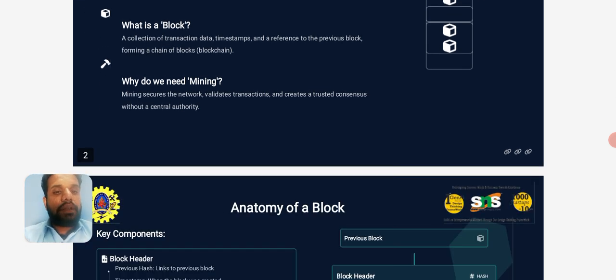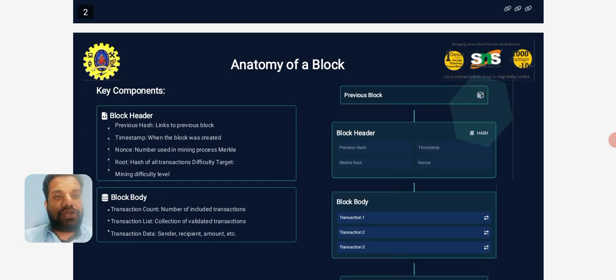Next is what is actually inside the block. This block contains a block header, block body,